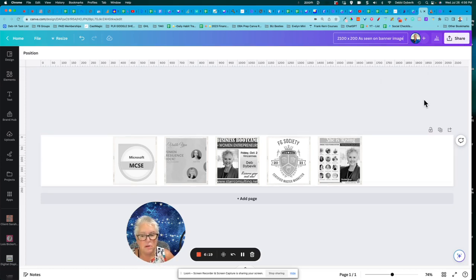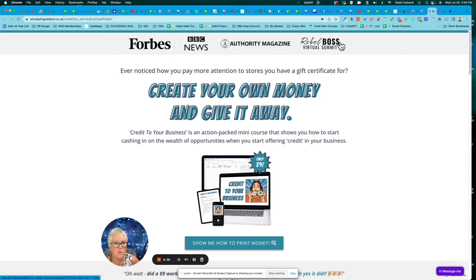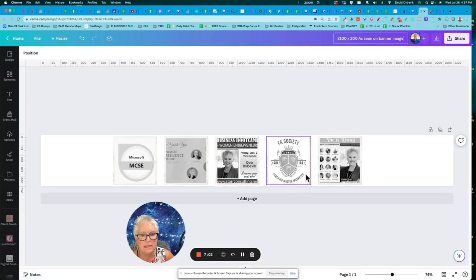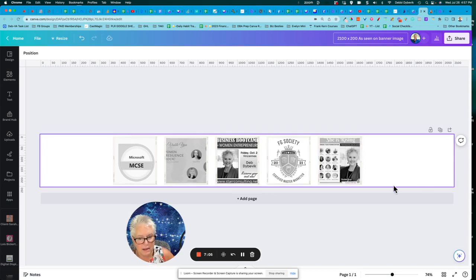Now, when we go to download it, what you'll want to do is create this so that the background is transparent. Okay. So now let's just come back over here for a second. There's a couple of different ways you could do this. You could bring this in as all one image, and then it would just fit across here. Or depending on what platform you're using, you could make this one row and have individual image sections the same size, and then just drop them in. So however you want to do it, but in this instance, I'm just going to download it as one image